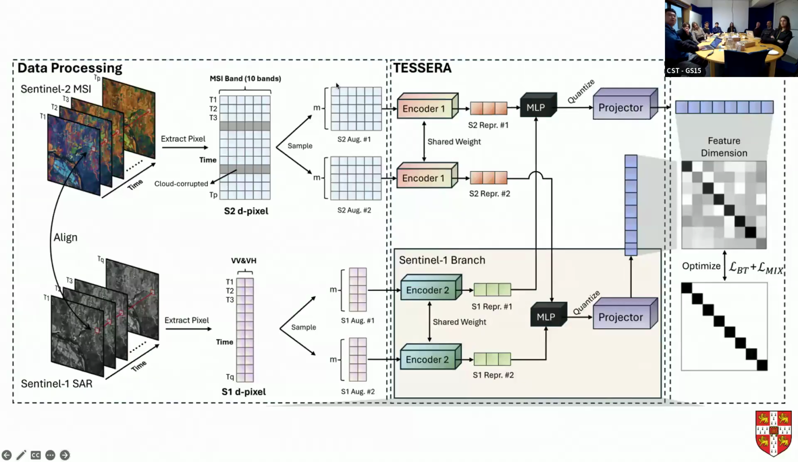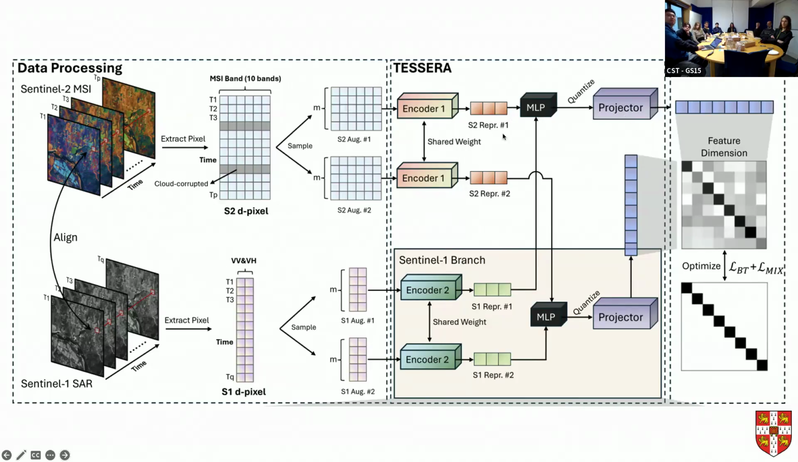And yeah, so this is a more formal diagram of the TESSERA architecture. Because we use Sentinel-1 and Sentinel-2 data, we have 2 branches, one for each modality. So let's take a look at the Sentinel-2 branch. We extract the dpixels, right? So these are the dpixels. We have 2 dimensions, the time dimension and the spectral dimension. Also, one note is that some of the observations are cloud corrupted, right? So when doing the sampling, we're not going to choose these cloud corrupted ones, we just get rid of them. Then we have these 2 augmentations,